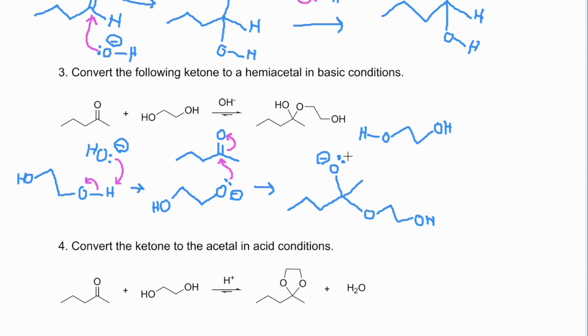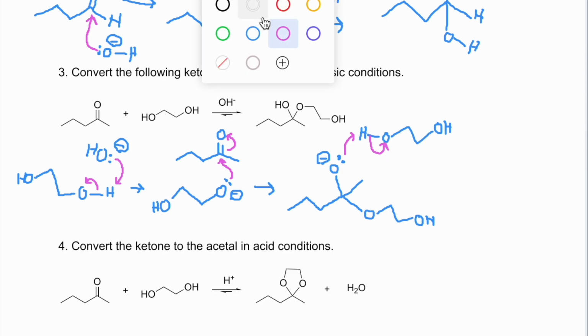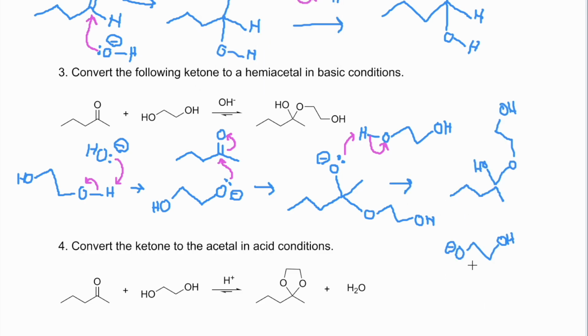Then for the final step, that negatively charged intermediate needs to grab a proton from somewhere. You could have it grab a proton from water and regenerate the hydroxide. You can have it grab a proton from another alcohol to start the cycle again, so that next alkoxide can attack a different ketone. So here the side product that I've generated is another alkoxide ready to attack the next ketone, and we have